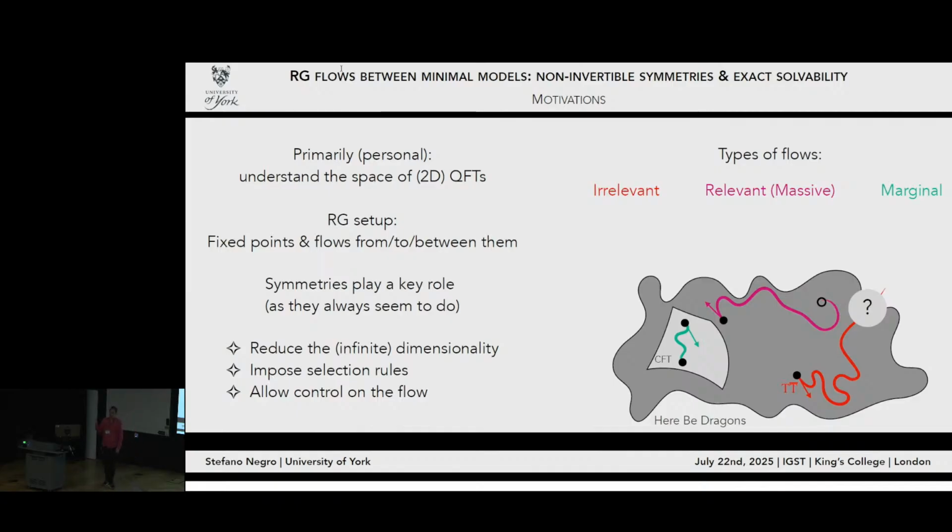But, in a shocking twist, I'm not going to talk about the irrelevant operator, but I'm going to talk about the relevant flows, and in particular, about massless flows. So we know, we have some examples, and I'm going to give them, that there exist flows in which the mass gap is 0, right? So when you take a UV CFT and you perturb it in a certain way, some degrees of freedom survive in the IR. So what happens is that in the IR, you expect to have another fixed point, and that fixed point is a CFT because it has propagating degrees of freedom. It's not an empty theory.